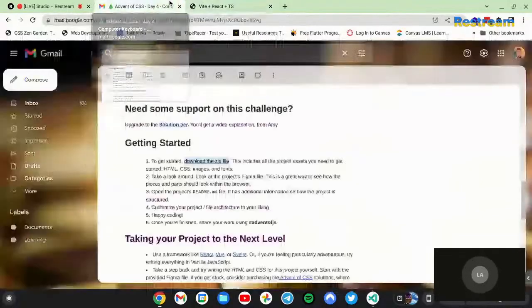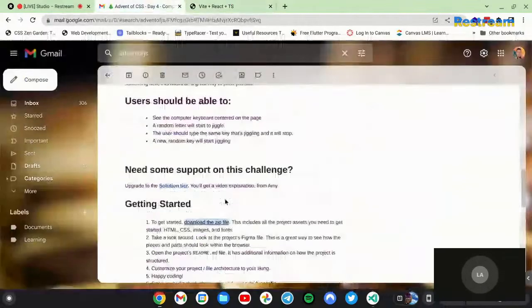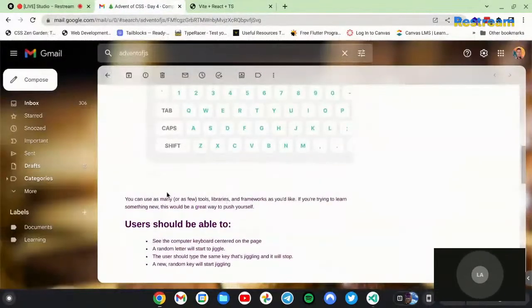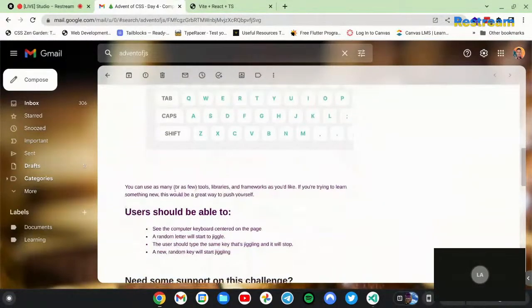With day 4 of the challenge. So I've gone ahead to download the code, and so here basically I think we have keys, and I think